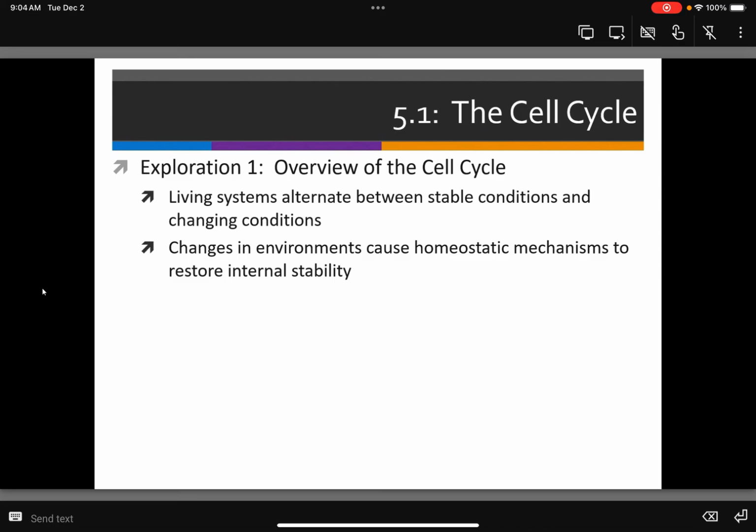What do we know about homeostasis? What is homeostasis? It's how systems try to keep things at